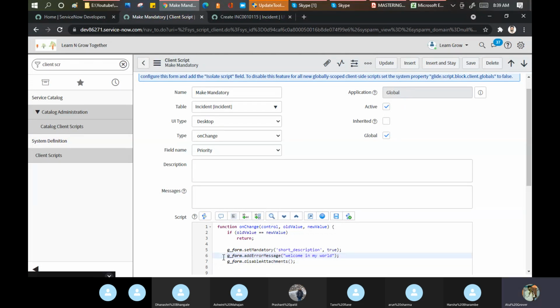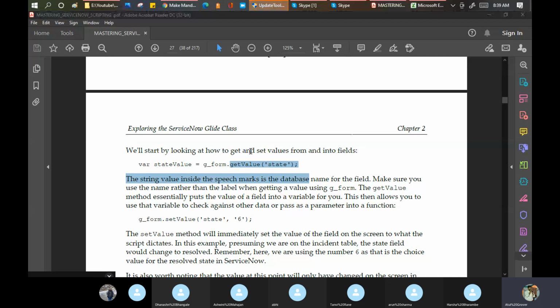Either I can use this thing. Okay, and save this. Now g underscore form is basically used as a client class